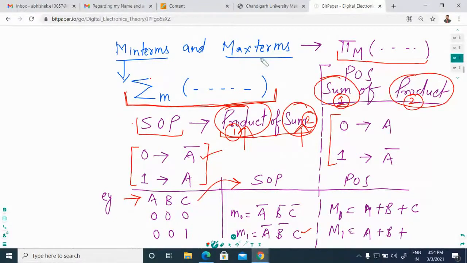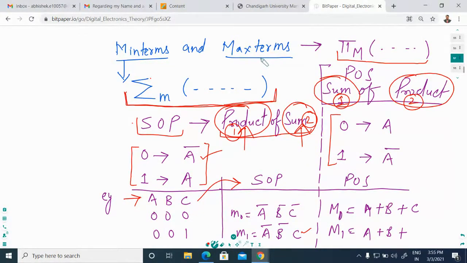Let's take the same example. There are three 0s, and here we are adding these three values. We perform the sum first, so A plus B plus C, with no bar above these literals. Then the second example, where across C, 1 is present.